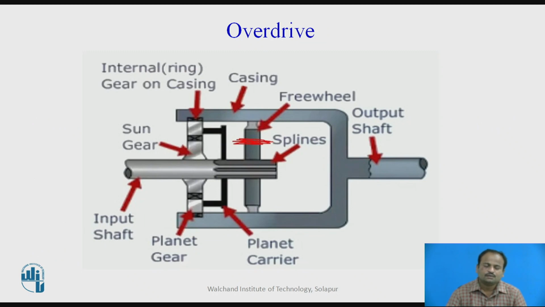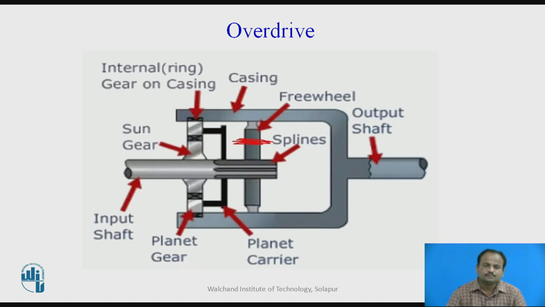Next one is overdrive. Overdrive is a device which gives us more speed and less fuel consumption. How is it? The input shaft is connected to any one of the gears of the gearbox, and this input shaft rotates. At that time you will get higher speed at the output shaft, and here the engine is producing 70% of the speed of this overdrive. So whatever the gear ratio is, it is almost less than 1, due to which we are getting more speed. How is it constructed?